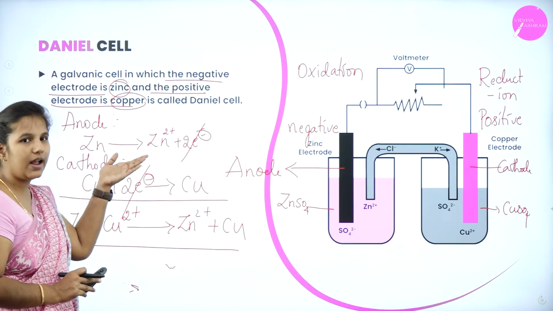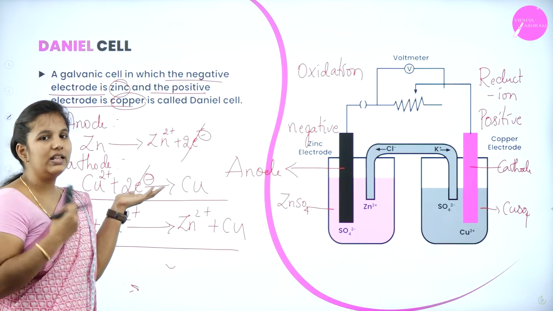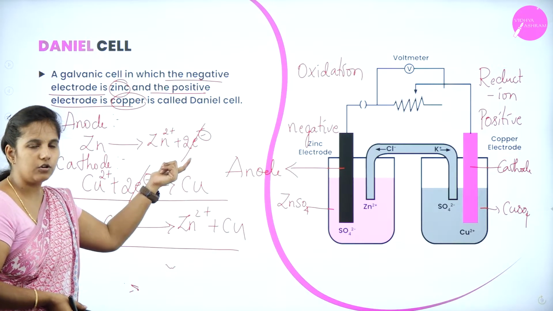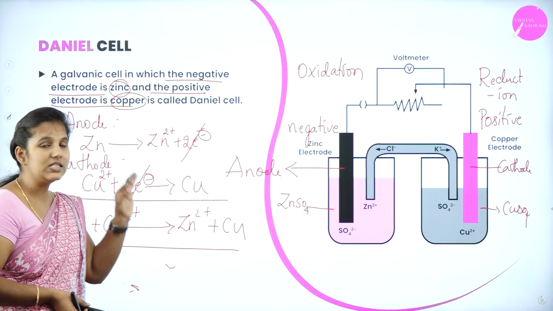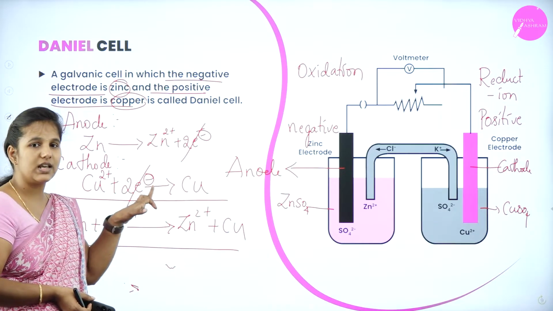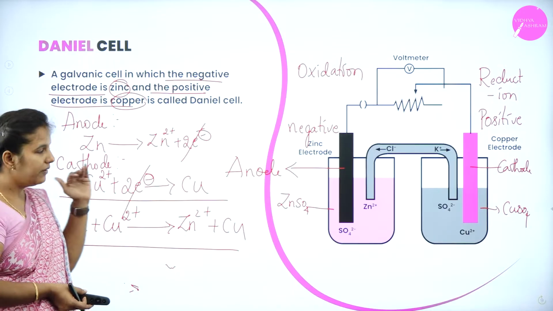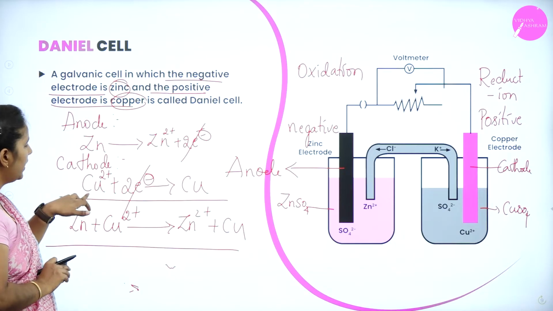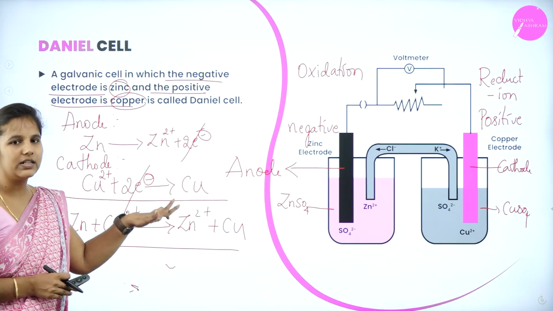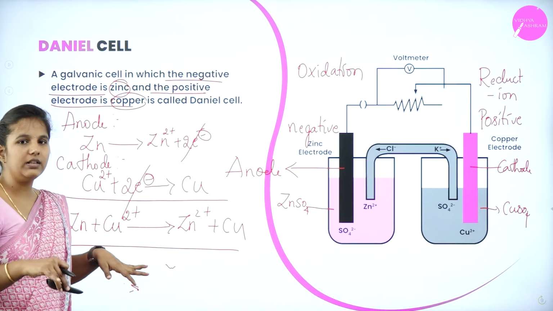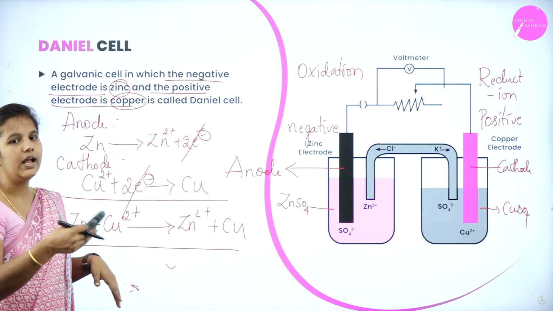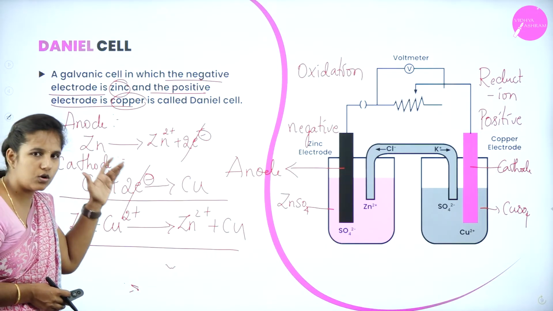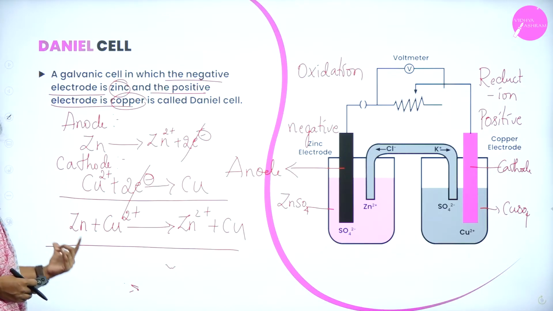Remember, especially at the anode, it allows only oxidation to take place, where a zinc electrode loses its 2 electrons and gets positive charges. Since it is releasing the 2 electrons, it is considered a negative electrode. Whereas in the case of the cathode, reduction takes place, where the 2 electrons are accepted by the copper and get reduced to copper. Since it accepts the electrons, it gets negative charges, hence it is known as the positive electrode.